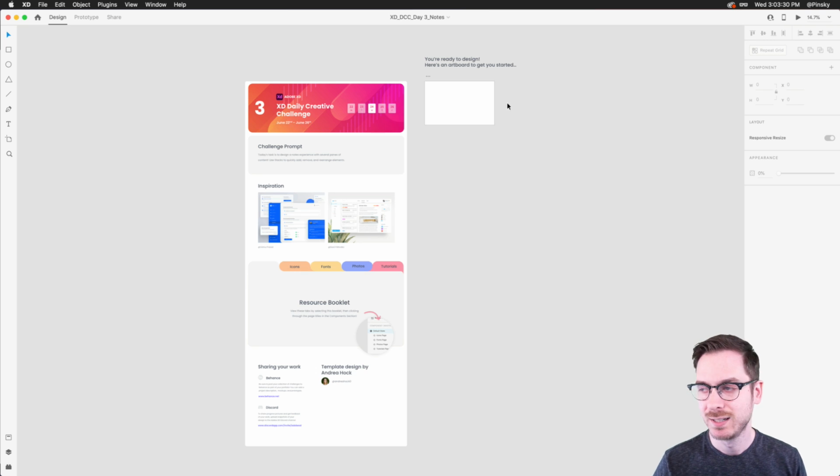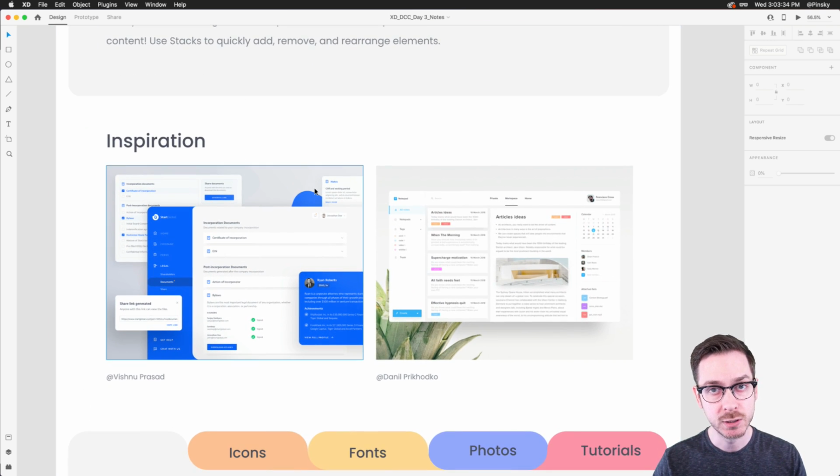I love that. All right, so here's the template for today, and we did include a little bit of inspiration on what we're going to be working on. Again, this is a notes-taking application. You can mold it in whatever direction you feel necessary. You can do notes, you can do scripts, you can do email, whatever it might be. And of course, the theme is completely up to you. Day 1 and day 2, we focused all about ice cream. Today, we're going to keep on the food realm, and we're just going to do food in general. It's going to be fun and delicious.